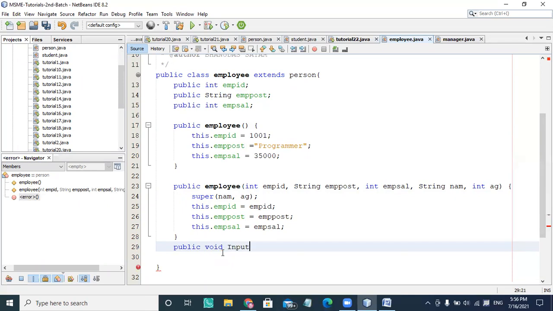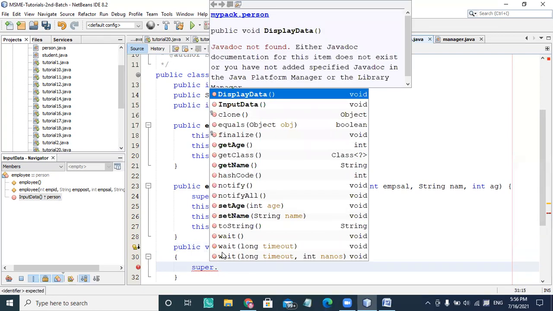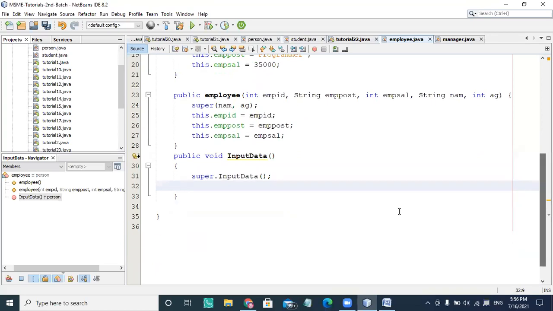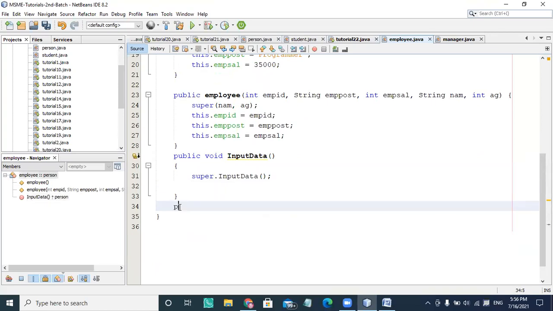That input data also takes input from a superclass, so the superclass input data is getting called. Right. The same thing I'm going to do here for public void display data.